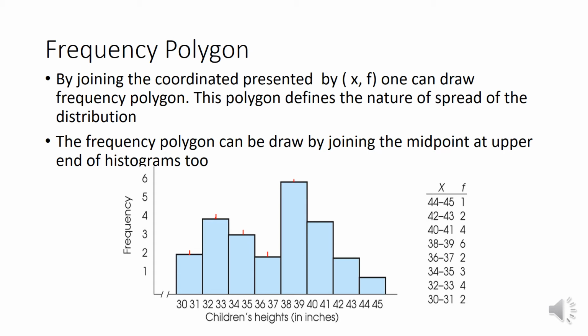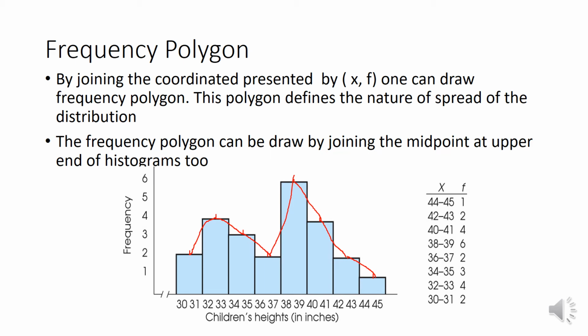I am going to mark each and every midpoint of this histogram, which are shown by red dots. Now I am going to join these red dots according to the polygon shape. By joining this, I am getting this shape, and this shape is nothing but the frequency polygon. As I am not using any scale here, my lines are not perfect lines or segments. I hope you can understand that.